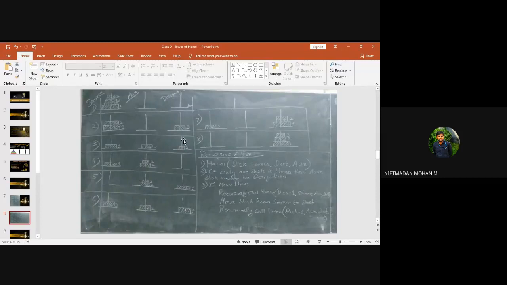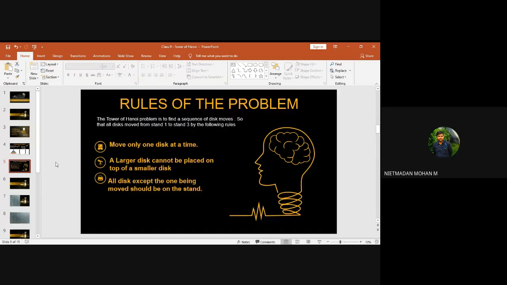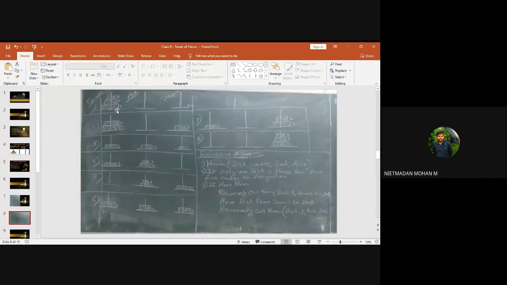So the basic thing you have seen from step 1 to step 8 is that you want to move the disks from stand 1 to stand 3 in the same order. So here 1, 2 and 3 are in stand 1. In the final step, in the destination, the disks 1, 2 and 3 were placed by following these 3 conditions. First I am moving disk number 3, second I am moving disk number 2, in the fourth step I am moving disk number 3 on top of disk number 2, and in the fifth step I am moving disk number 1 to the destination. It means the destination wants to start with disk number 1, so it happened.